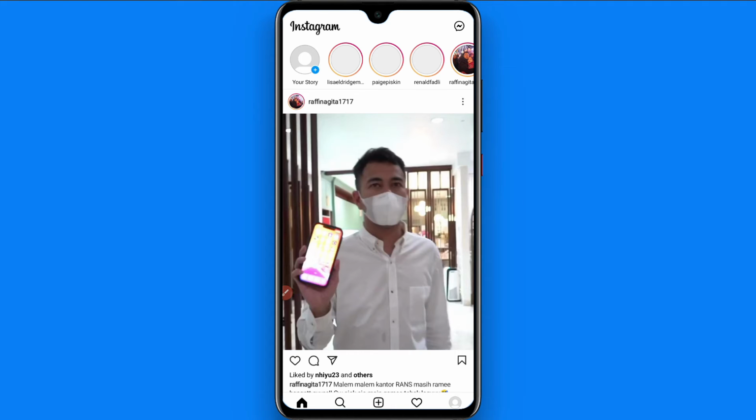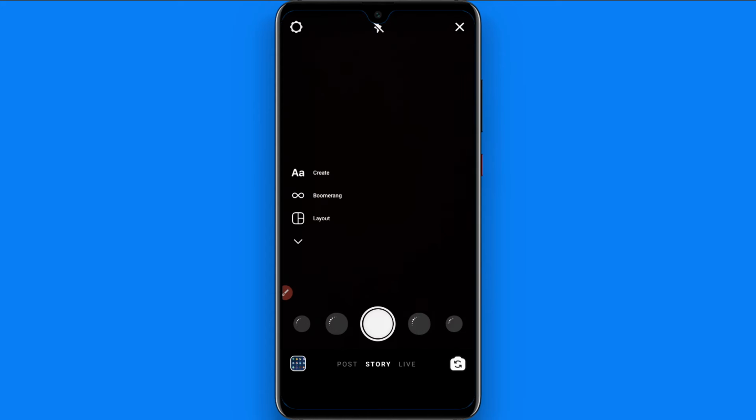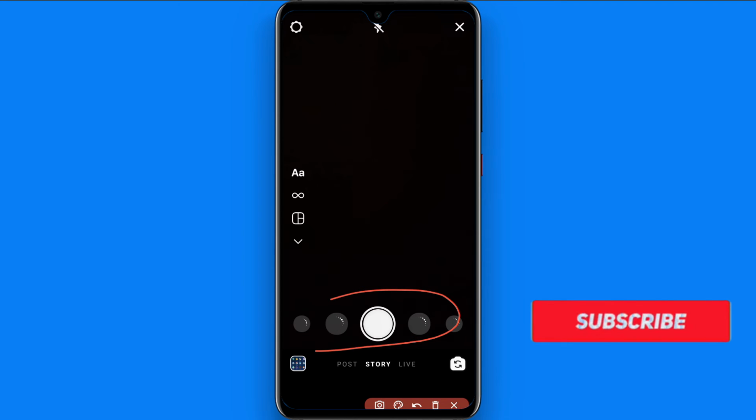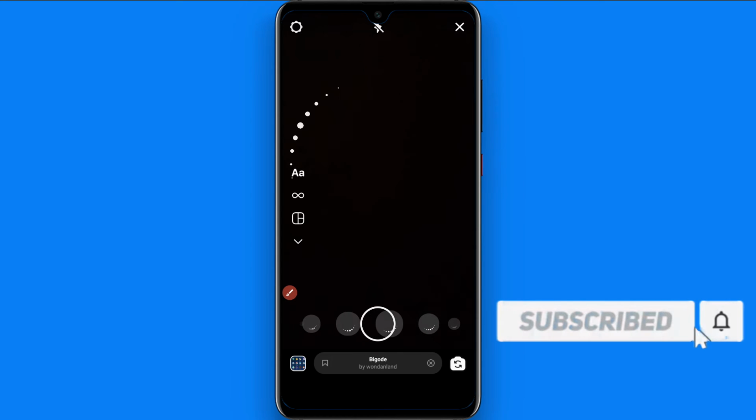So first of all you have to open your Instagram mobile application and log into your account. Then you have to click on your story on the left top. Click on it. Once you click on it, you will see different filters appear here. So you have to swipe to the left through these filters like this, and you have to go to the end